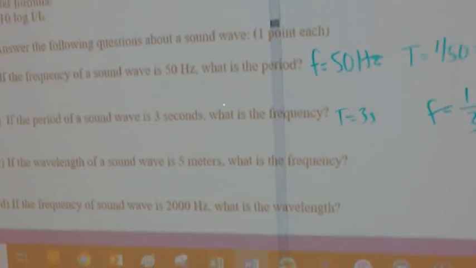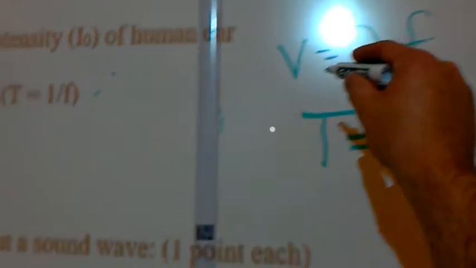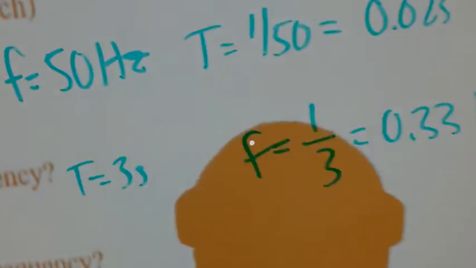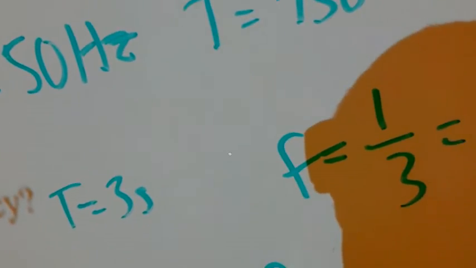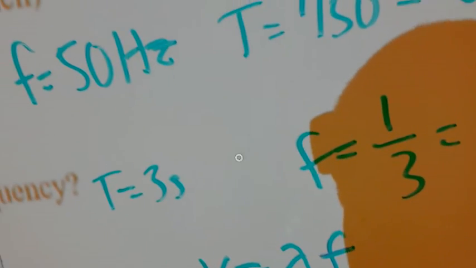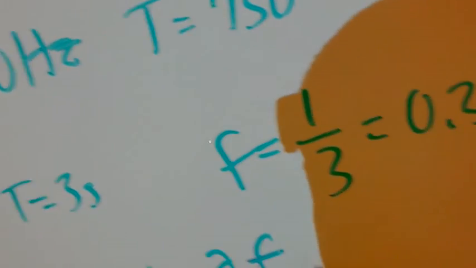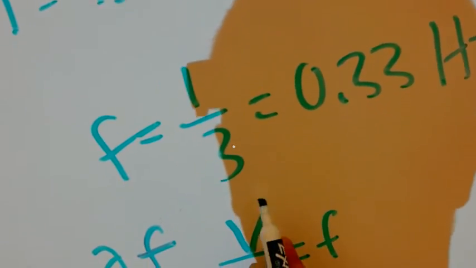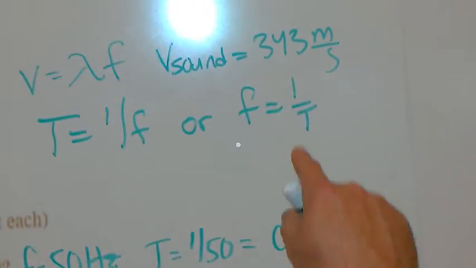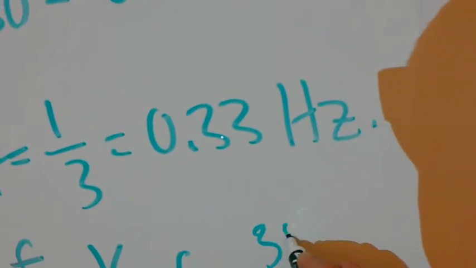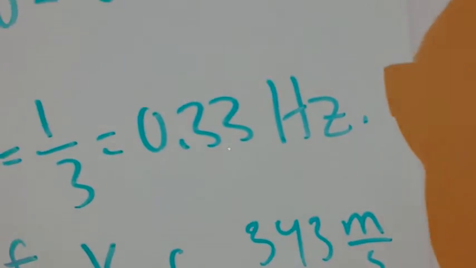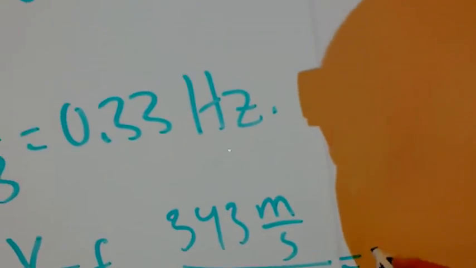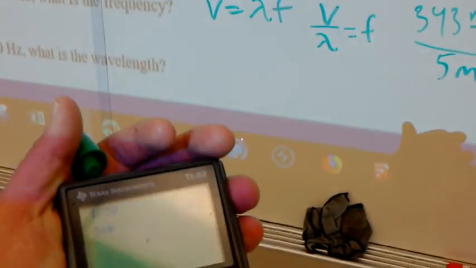Okay, now we're going to have to use the wave equation shown here. So if the wavelength is 5 meters, what is the frequency? And we have V equals the wavelength times frequency. And we want to know the frequency. So we're going to divide the speed by the wavelength to get the frequency. Okay, and we know that a sound wave is always 343. So the V is 343 meters a second divided by the wavelength of 5 meters, and you will get an answer in seconds. So 343 divided by 5, and you will get